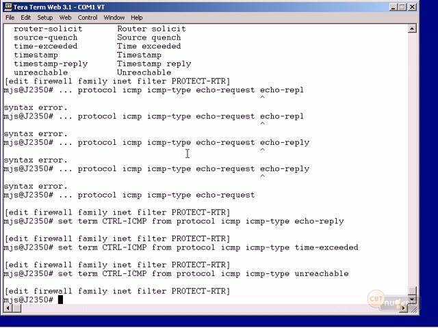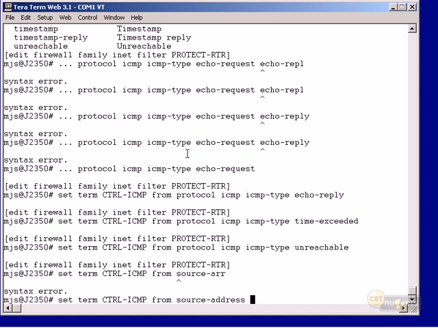Okay, well, so far so good. We've got the ICMP protocol. We have 4 ICMP types that we're going to be permitting, and then now we want to set a term where we're going to say, and it has to be obviously control ICMP, and we're going to say from a particular source address. Now, remember, you could create a prefix list first. You could create a prefix list as I showed you, and then you could access that prefix list. Or you could just set the source address and say